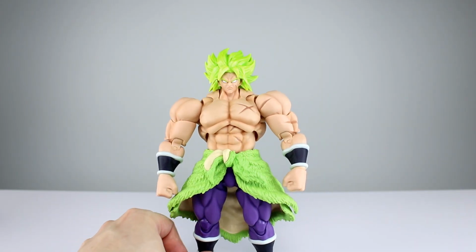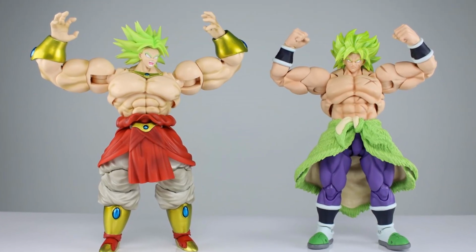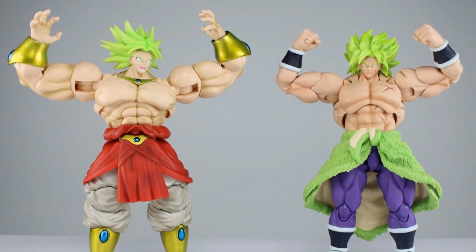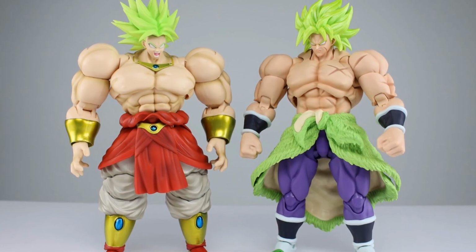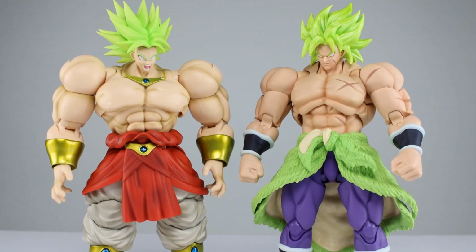And now it's time for the final verdict. Aesthetic-wise, this guy is really good despite the feet. Articulation-wise, this guy is really good, mostly aside from the feet. And accessory-wise, this guy is really good, except it could use some more. So ultimately, I think I'm going to give him an 8 out of 10,